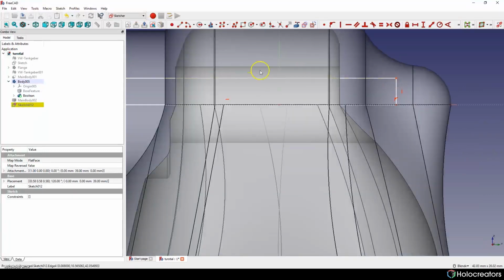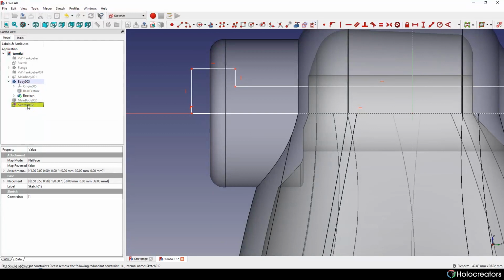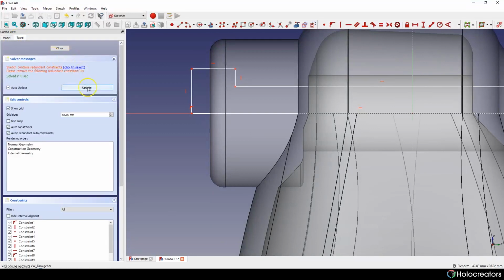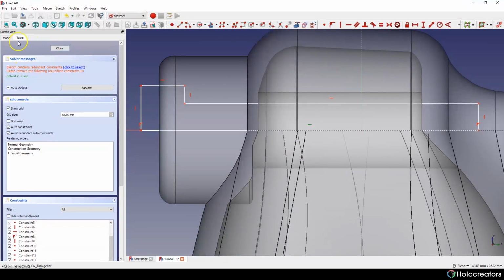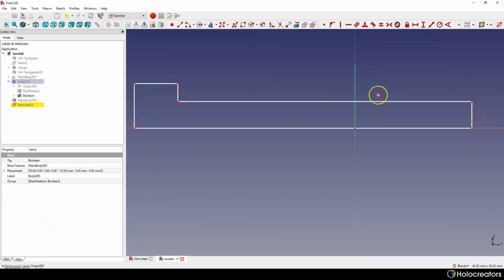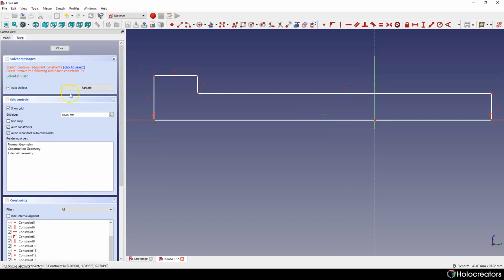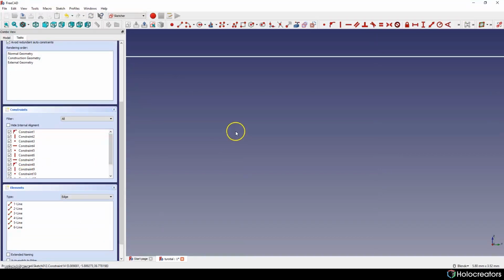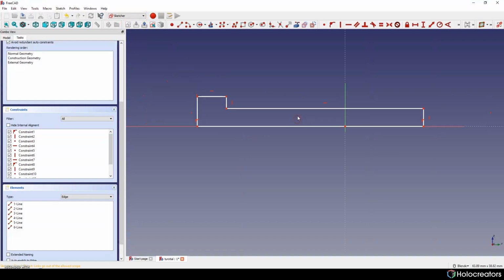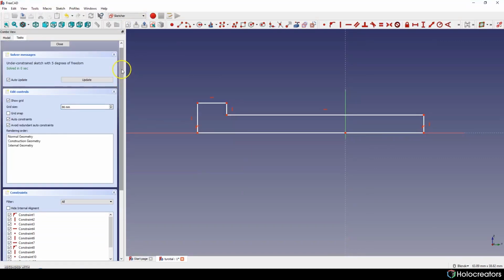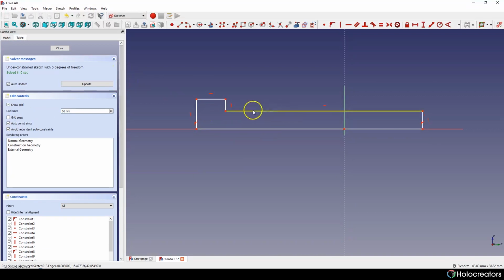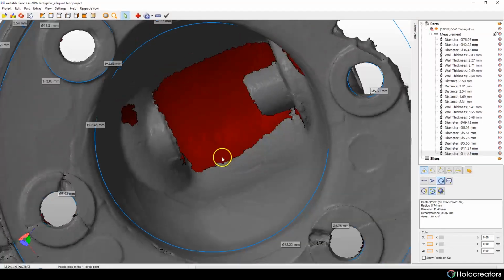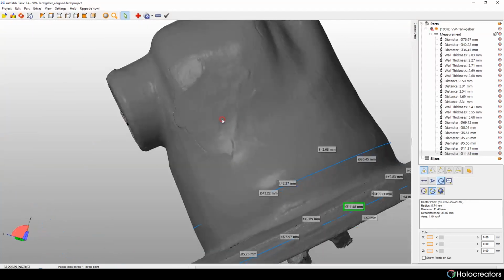I'm not sure what happened. Okay, also we can take some dimensions from our model in NetFab.